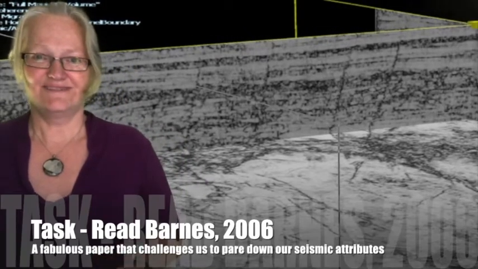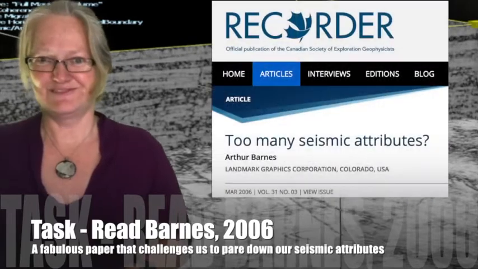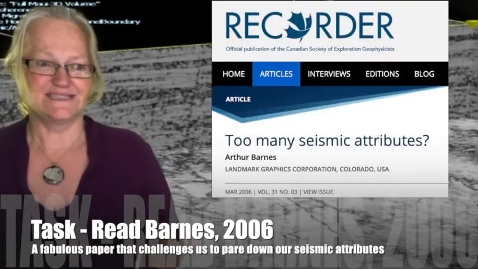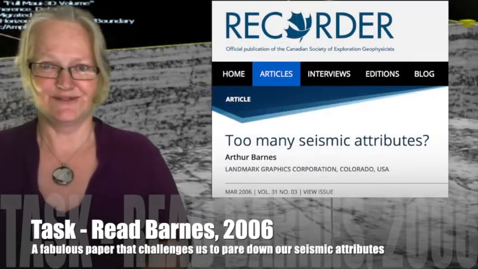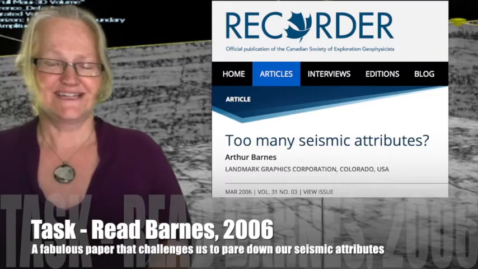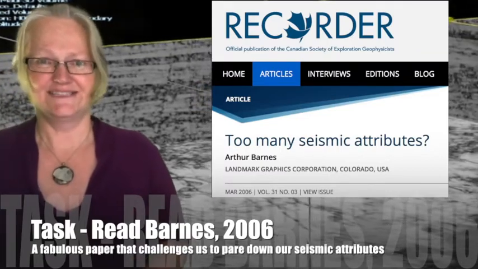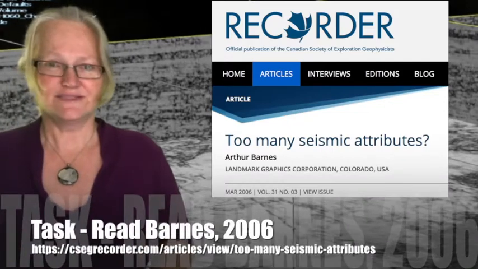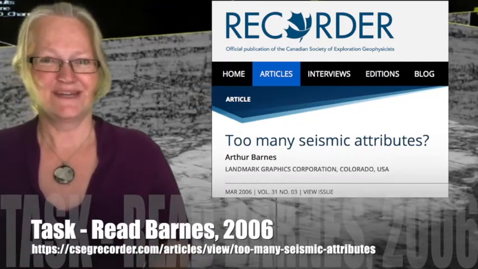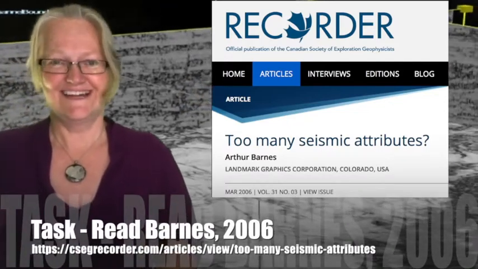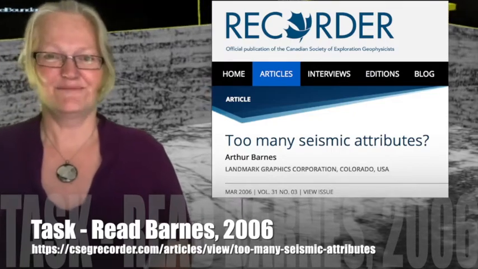Now, there's a task and a challenge before we meet again. The task is to read one of my favorite papers about attributes, and that's Art Barnes' Too Many Seismic Attributes. Now, Art did a great study, cross-plotted, analysed attributes because he felt there was a plethora and we didn't need them all. So you can see the reference here, have a look, read it, and come with your own ideas